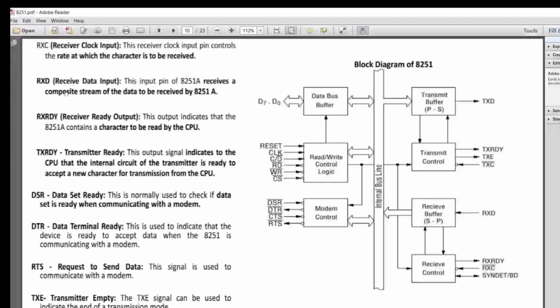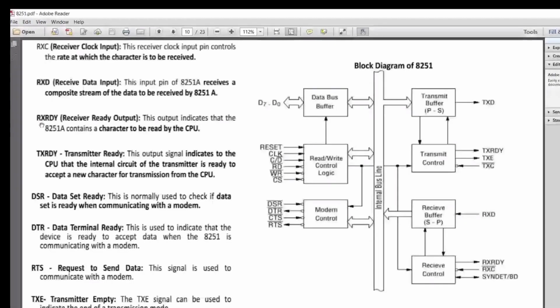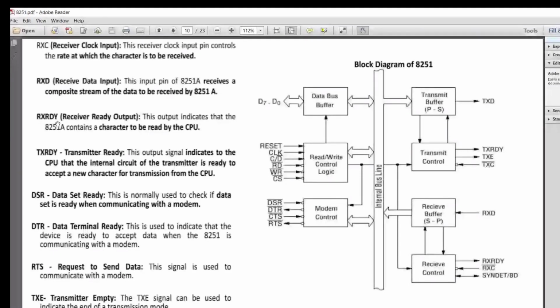Then RxRDY, it is receiver ready. This output indicates that the 8251 contains a character to be read by the CPU. So receiver ready means this 8251, as a receiver, has some data within it and that has to be read by the CPU.